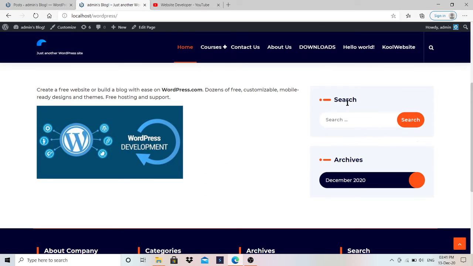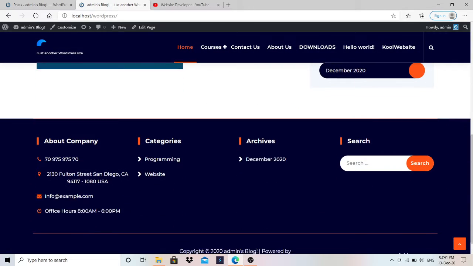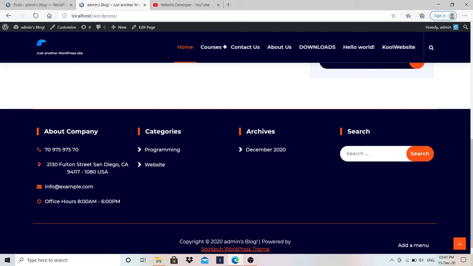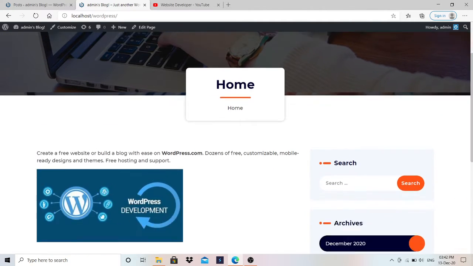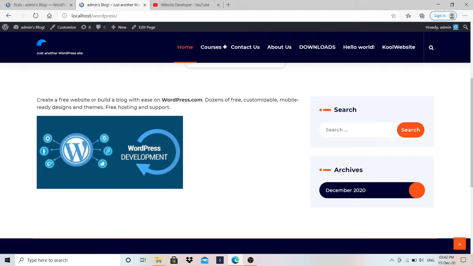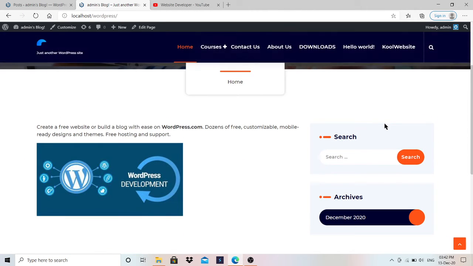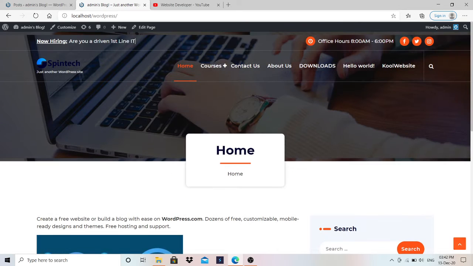Widgets means, like in the sidebar area, you can see a search button, archive. Here also search button, archive, categories, and all this stuff. How to keep our own things here and how can we do that? Like we want to keep your video, I want to keep your calendar, so just like that, how can we manage without writing a single line of code?